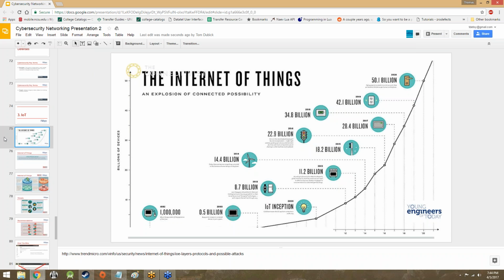So, at some point, beyond 2016, this becomes projections. So 2017, they project 24.8. 2018, they project 34.8. 2019, they project 42.1. And by 2020, they project that 50.1 billion items will be connected to the Internet around the world, which is kind of crazy when you think about it, considering we're sitting somewhere around 7 billion people,